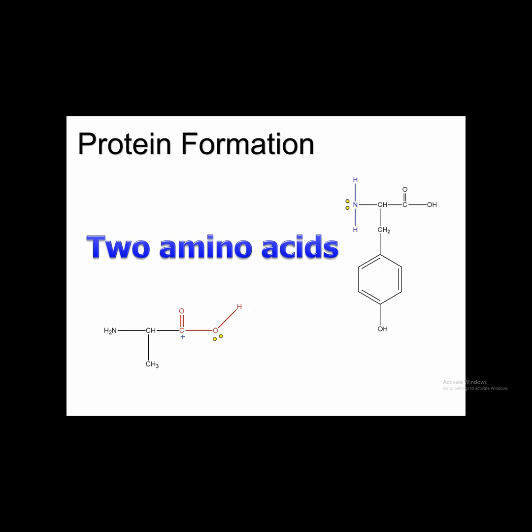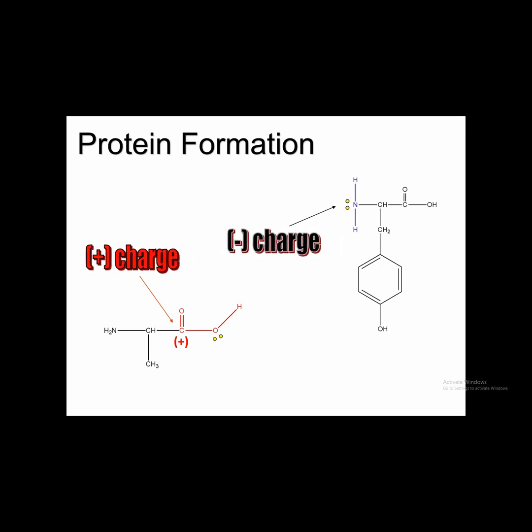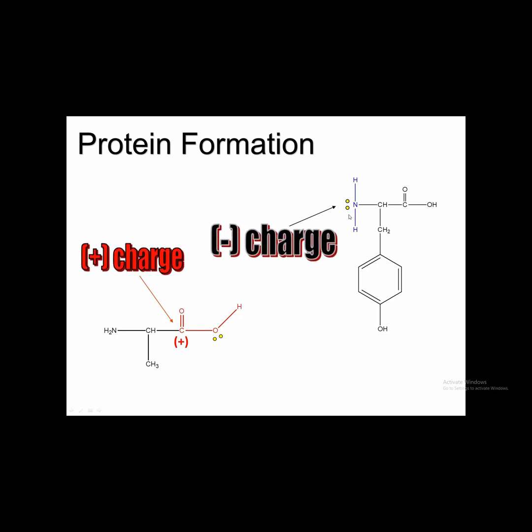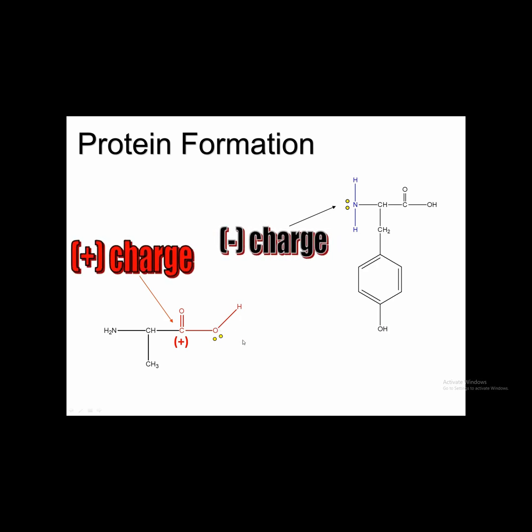Well, two amino acids link together to form what is called a peptide bond. Those linkages occur because of attraction that takes place between positive and negative charges. The amine group of one amino acid has an unshared pair of electrons, and the carbonyl carbon of a second amino acid is positively charged. That happens because the oxygen atoms take the electrons more than their fair share of the time.